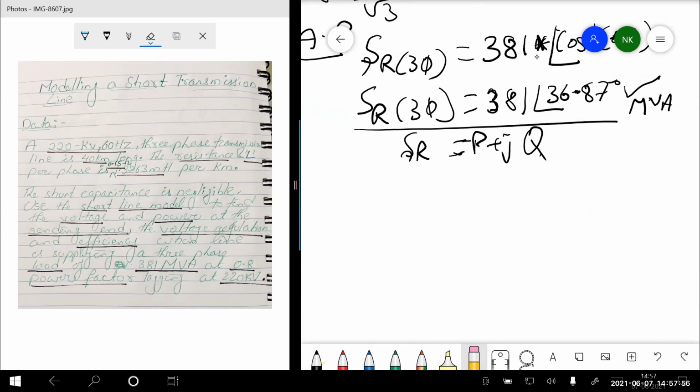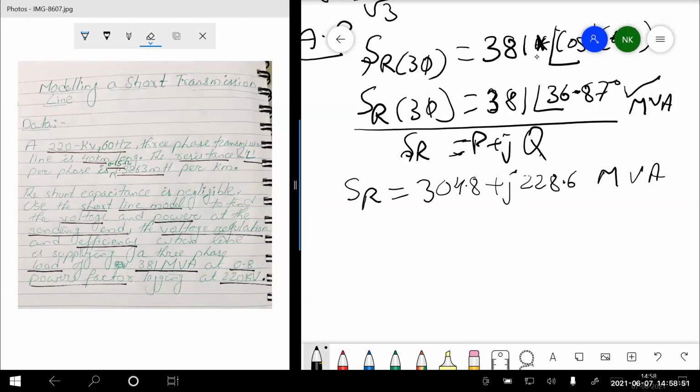Okay, just a minute. 381 angle 36.87. Okay, so it's coming around SR is equal to 304.8 plus j228.6 MVA, right? So this is your